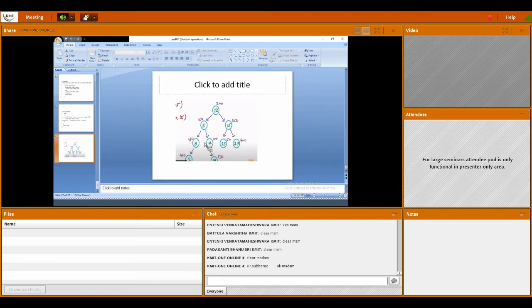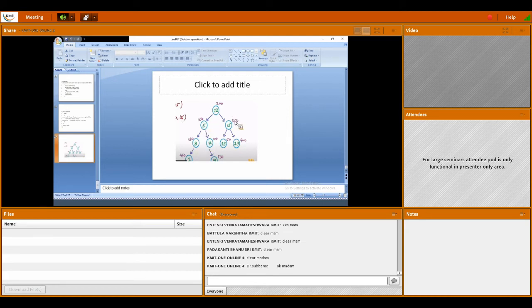Assume this 12 as a doubly linked list. Doubly linked means previous node address and next node address. This 12 may consist of a previous node address of 150 and a next node address of 350. Is it clear? So every node will have some address.